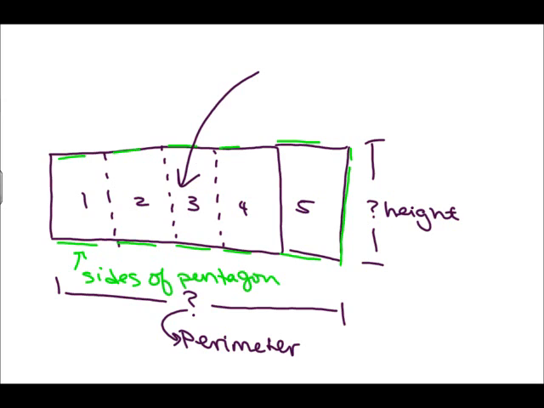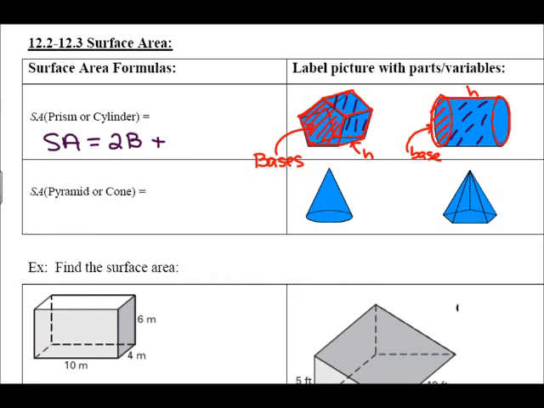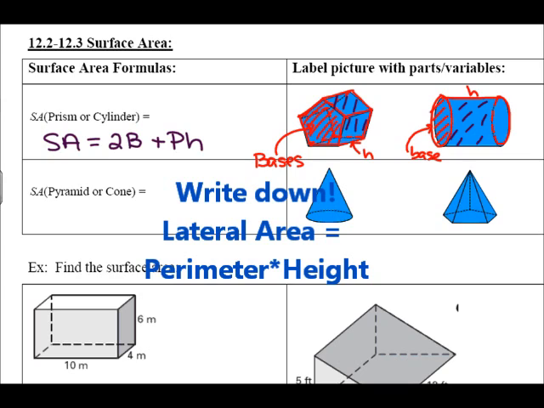So that means this big giant area, which is the lateral area, is just equal to the perimeter of the pentagon times the height, right? Base times height for a rectangle. So perimeter times height. Okay, so back to our formula page then. For surface area, we have 2 bases plus our lateral area. We just said that was just the perimeter times the height. Okay, and that's going to work for both a prism and a